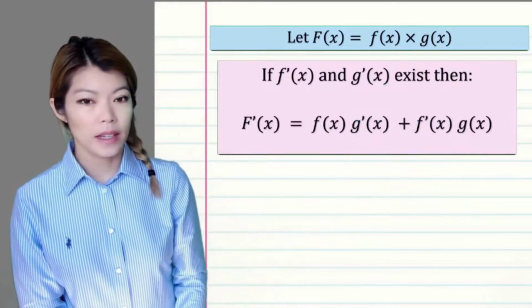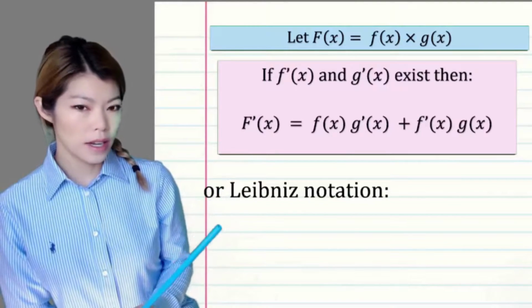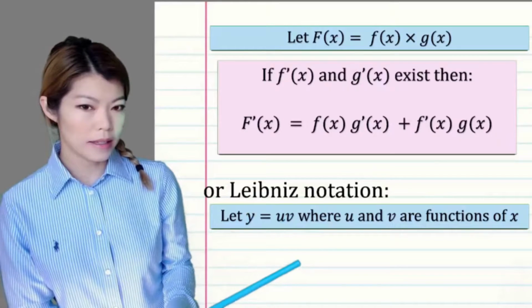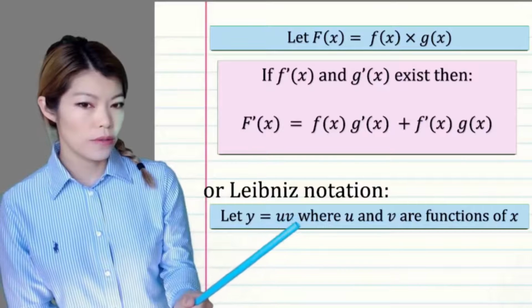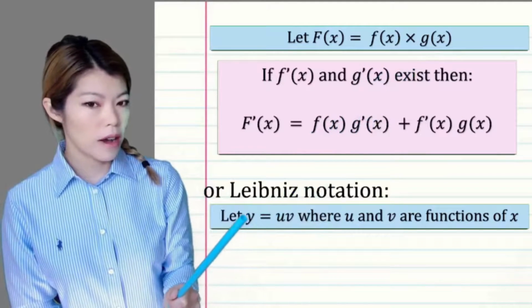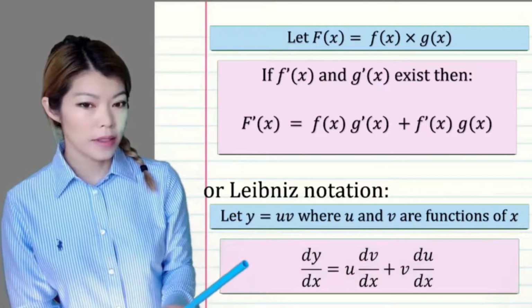Now, Leibniz is another mathematician that came up with this, and his notation is slightly different. It doesn't matter which way you write it, but it does the same thing. So instead of writing f of x, if you wrote y equals uv, where u is f of x and v is g of x, then deriving that, instead of the apostrophe we have dy dx, we will leave the first,